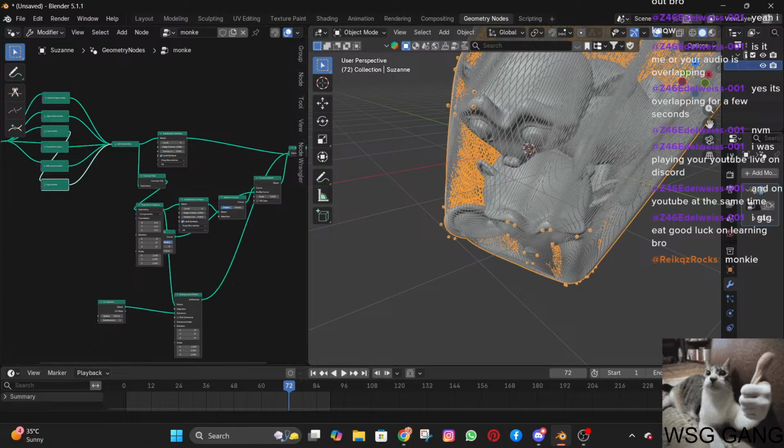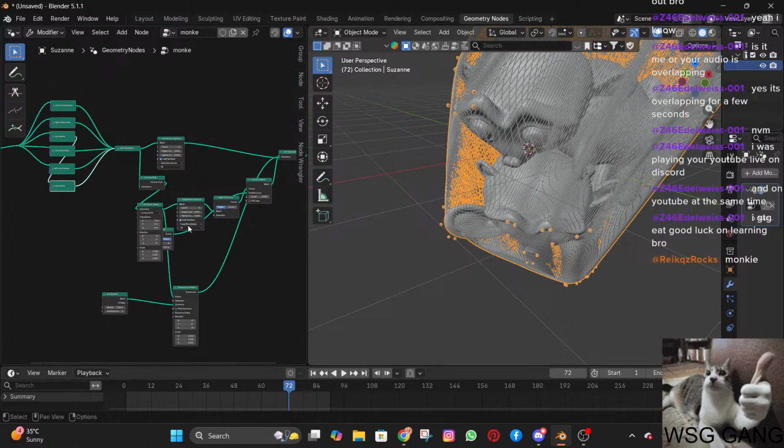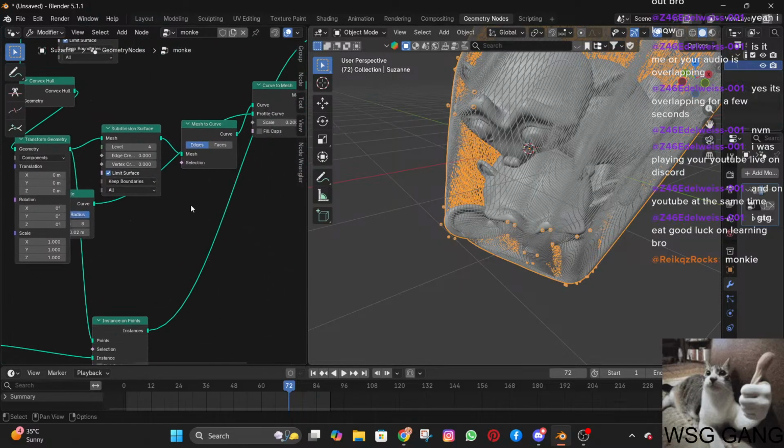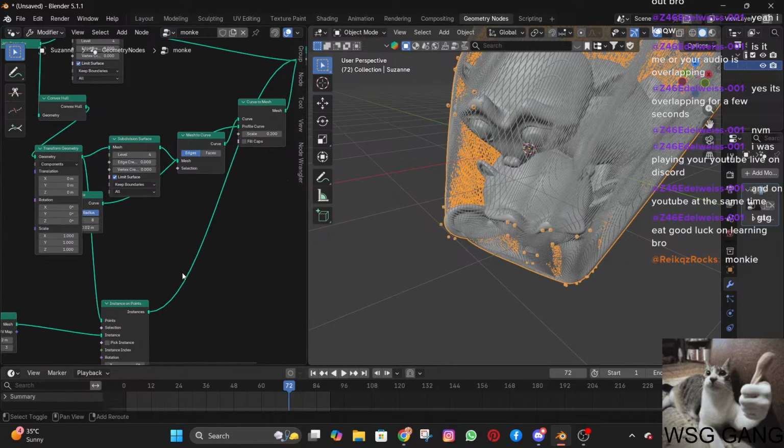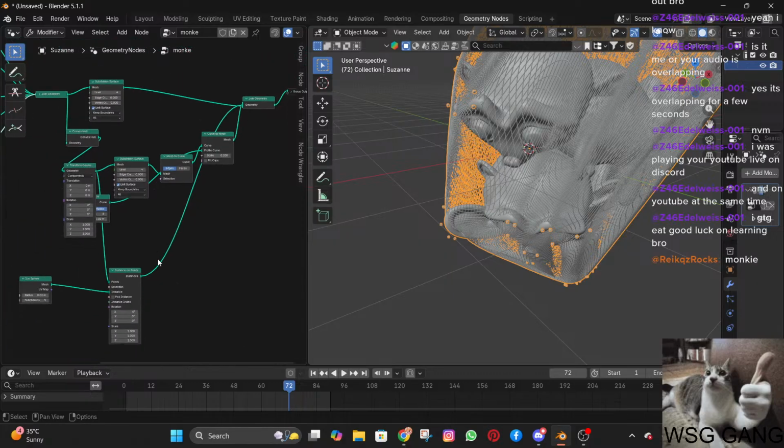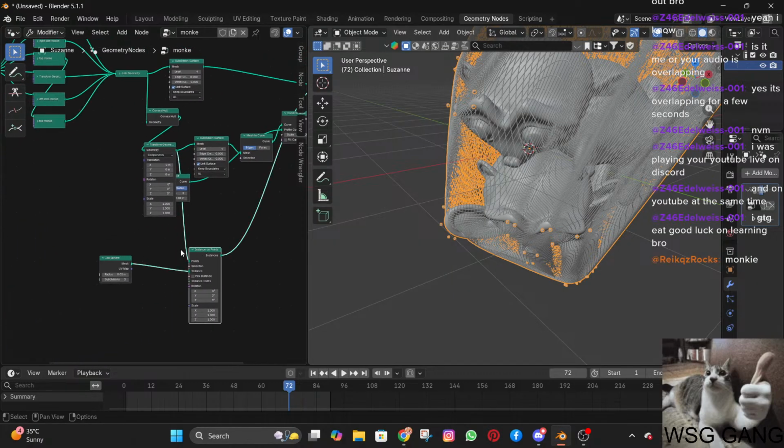So what we can do is, once you have a few nodes which build some effect, you can simply group those nodes. Select these three nodes which are making the wireframe, and hit Ctrl G. What that will do is